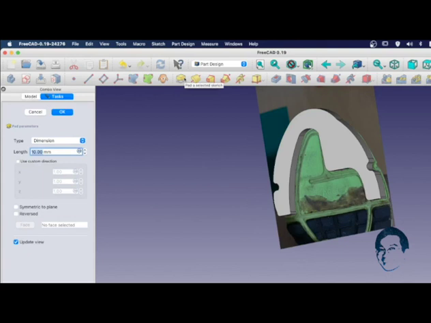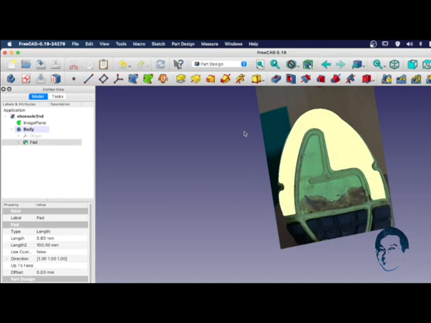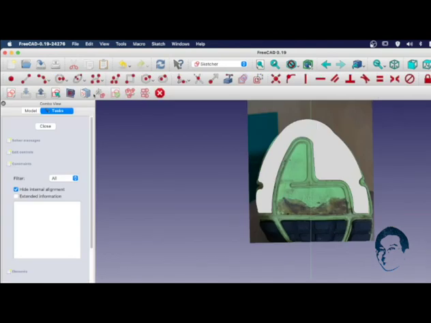And as we know, the pad is 0.8 for it to be flexible, so that's the pad we're going to do. Next, we're going to add additional padding on here for a better grip of the outsole. Create a new sketch, and I'm going to use the same rectangle tool here to add on the additional padding here.